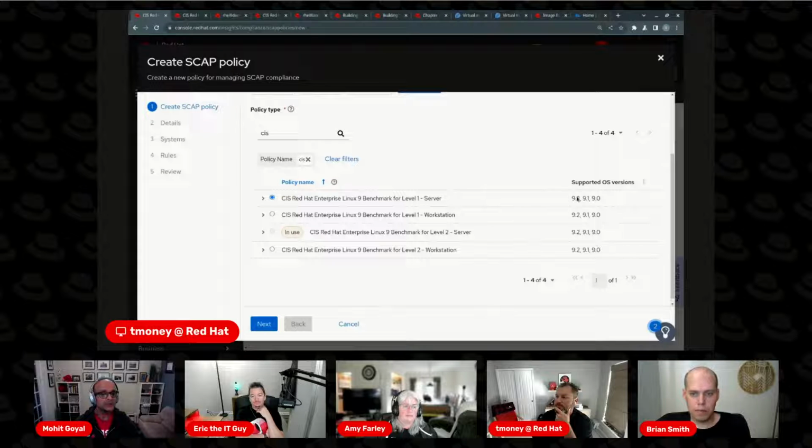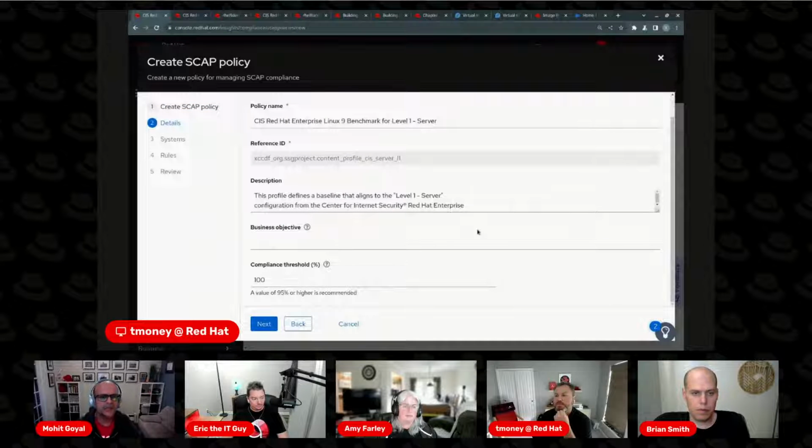This is important. When these policies get supported on a minor version could differ based on just bandwidth cycles and whatnot, but this CIS policy is supported on those versions. In theory, it could have been possible for this specific policy to have started in 9.1 and 9.2, and we would prevent you from shooting yourselves by selecting 9.0 hosts in that environment. So now if you click next, Terry,